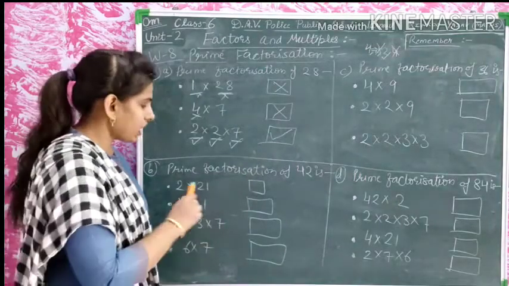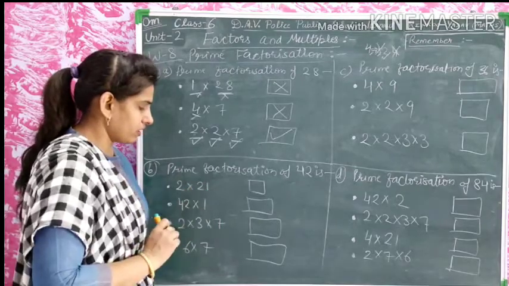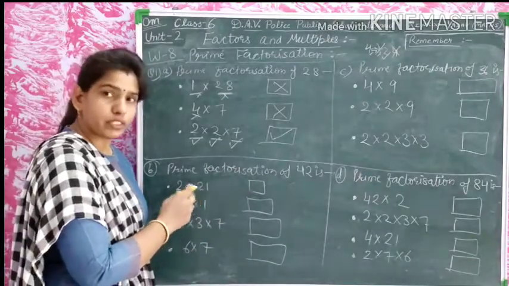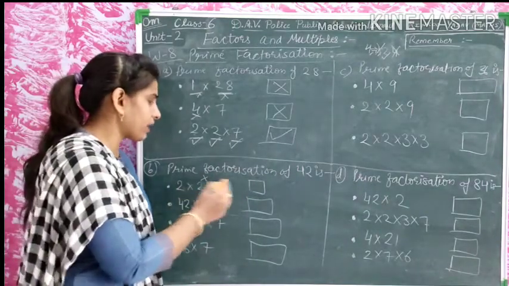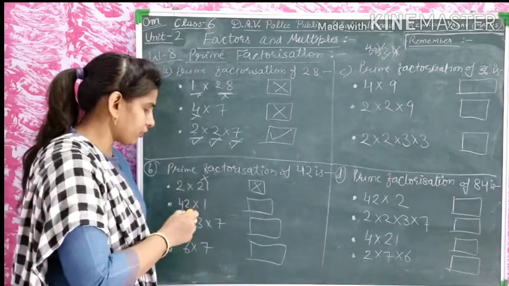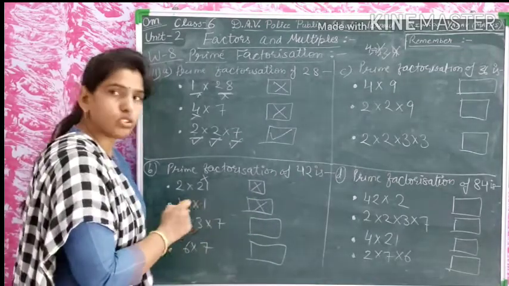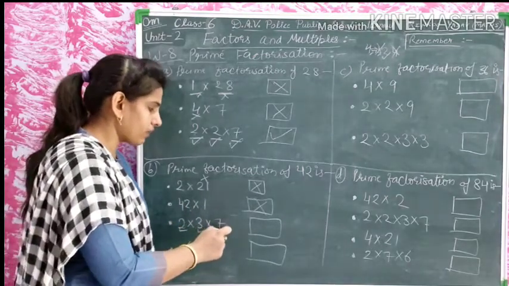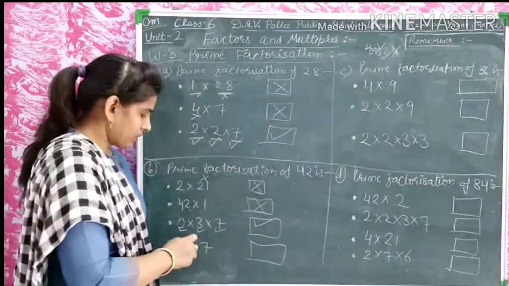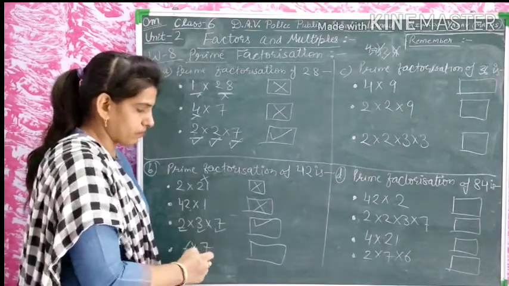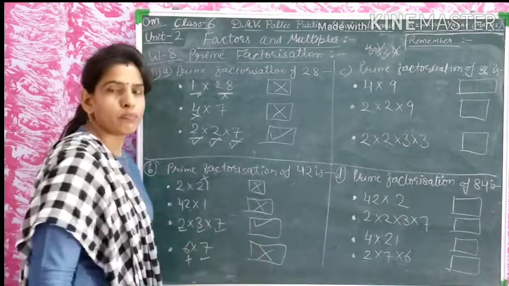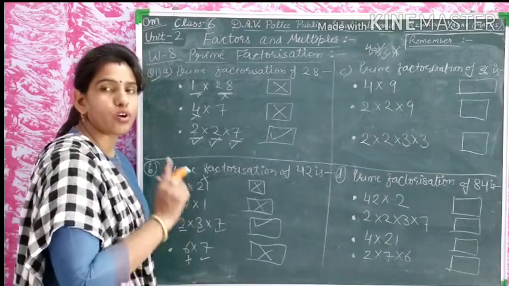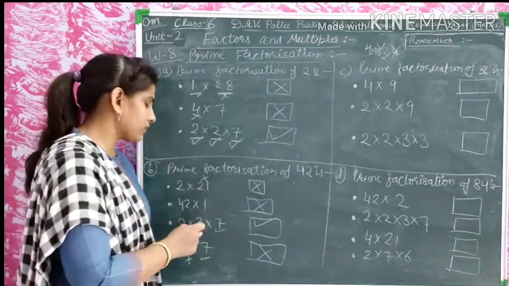Okay, students? Now we will take here 2 into 21. There is the number 42. But is this the prime factorization? No, 21 is not a prime number. 42 is 1 times 42, these are not prime numbers. Both are not prime numbers. 2, 3, 7: 2 prime number, 3 prime number, 7 prime number. It means it may be possible. 6 and 7: 6 is not a prime number. This is prime number, but this is not prime number. It means not possible. Is this clear, students? It may be possible if it has only the prime factors, only the prime factors 2, 3, 7.